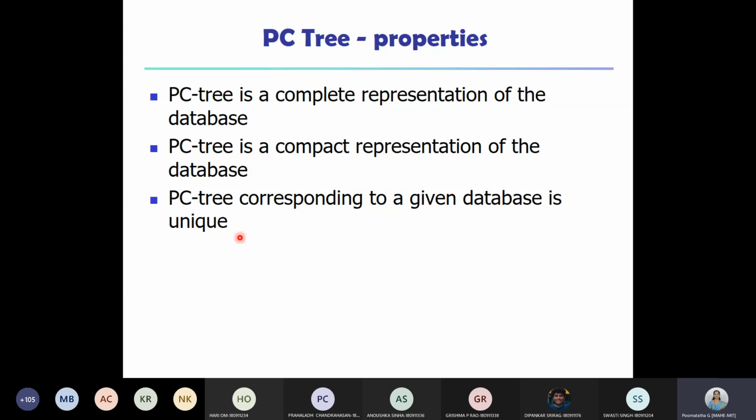Whereas for construction of the PC tree, we are not at all considering the support threshold. Hence, the PC tree should be unique. It cannot be a different one. These are the three properties. What are they? It is complete, it is compact, and it is unique. Fine.